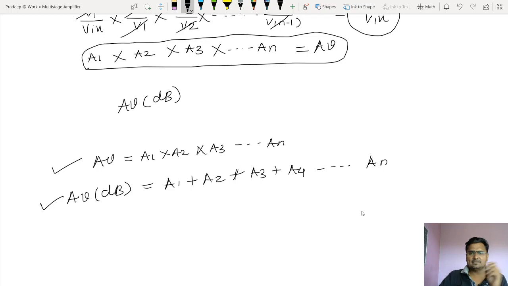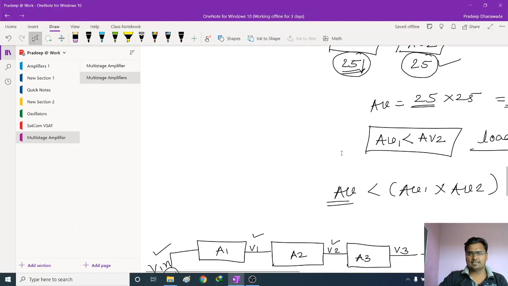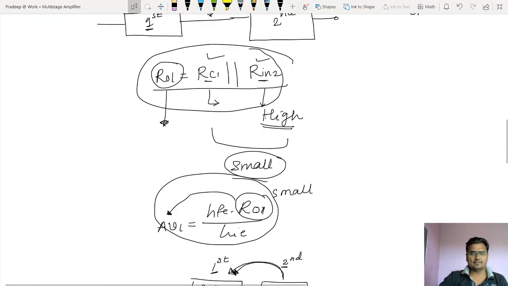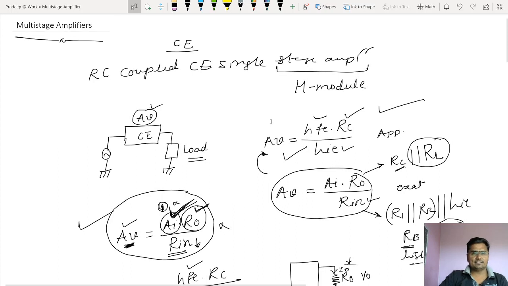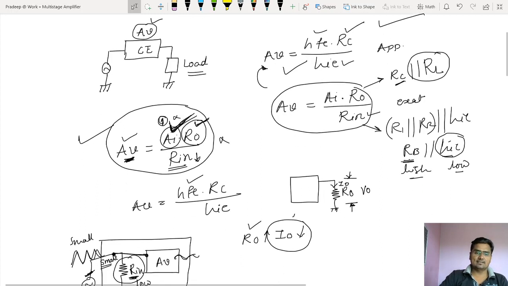I think it's a good time, we spent about 30 minutes, I don't remember exactly, and this introduction of multi-stage amplifier is quite okay and sufficient, I think. See, just take a review of where we started. We started with a single stage RC coupled amplifier. The gain was not sufficient. We took an example, the gain was not sufficient, then we tried to increase the gain. But see, even if we tried to increase the gain of a single stage amplifier, we got some limitations. So that's why we couldn't increase the gain of a single stage amplifier.